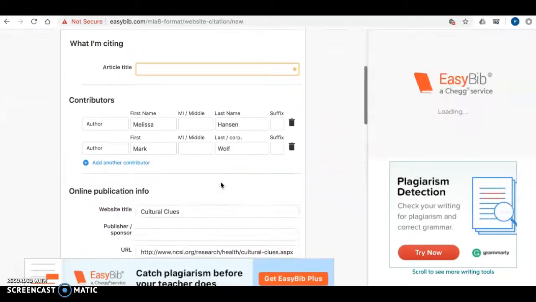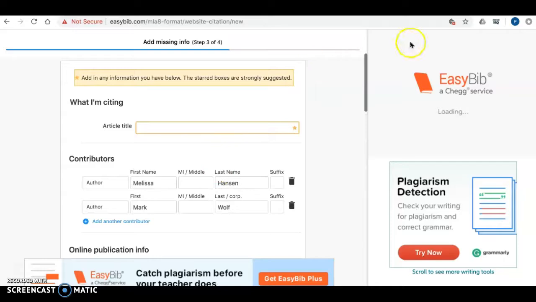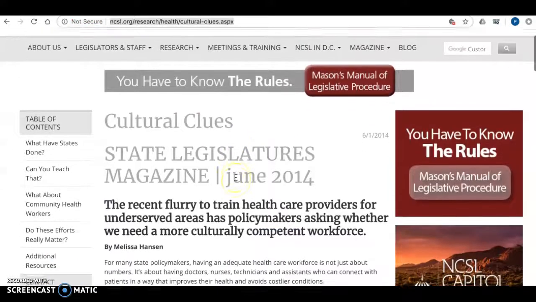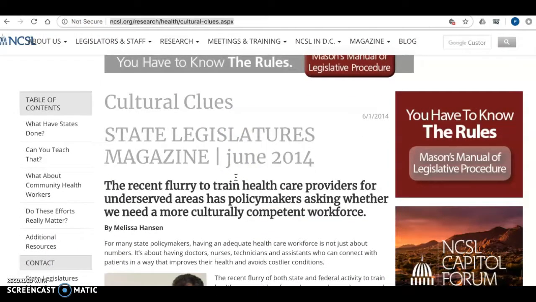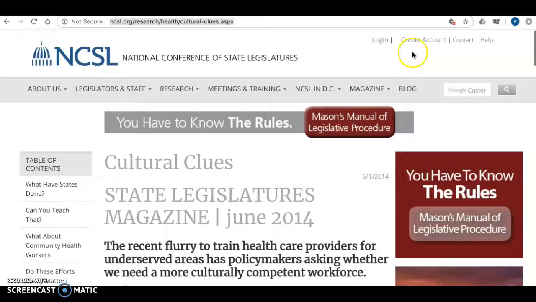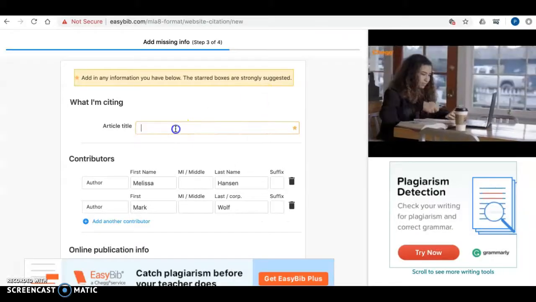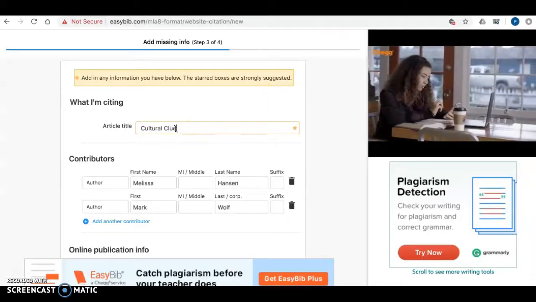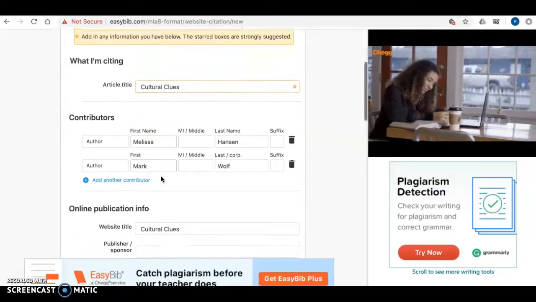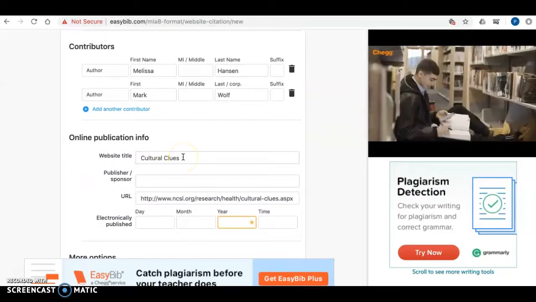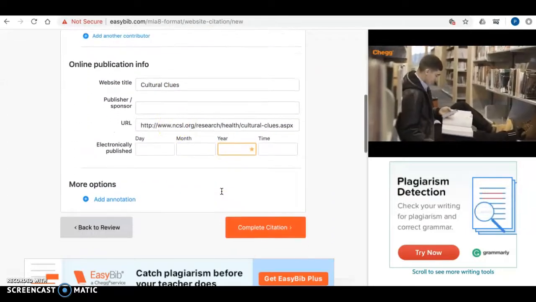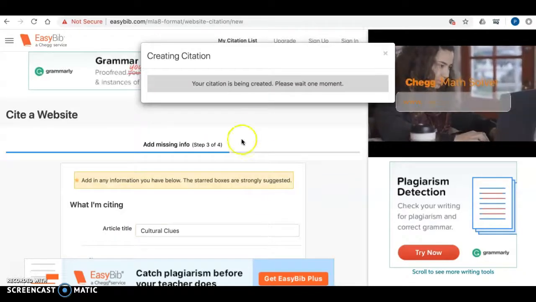The article title is, let's go back and take a look. The article title is Cultural Clues. Go back to here, the article title, Cultural Clues, author, website title, the URL, complete citation,